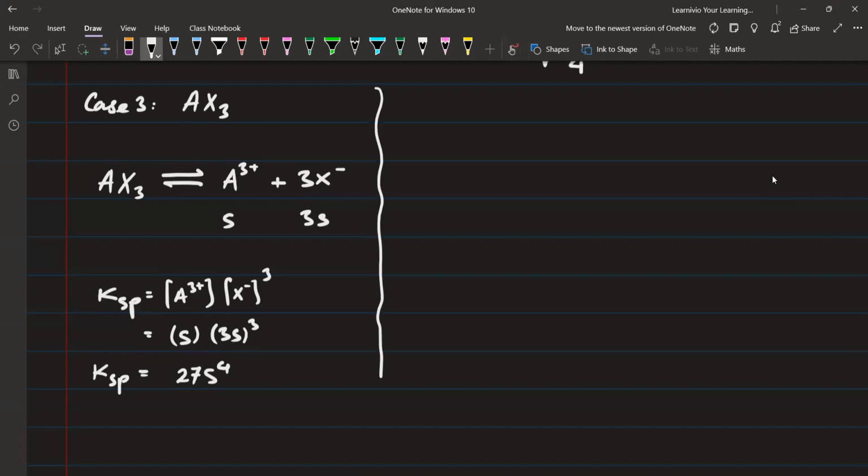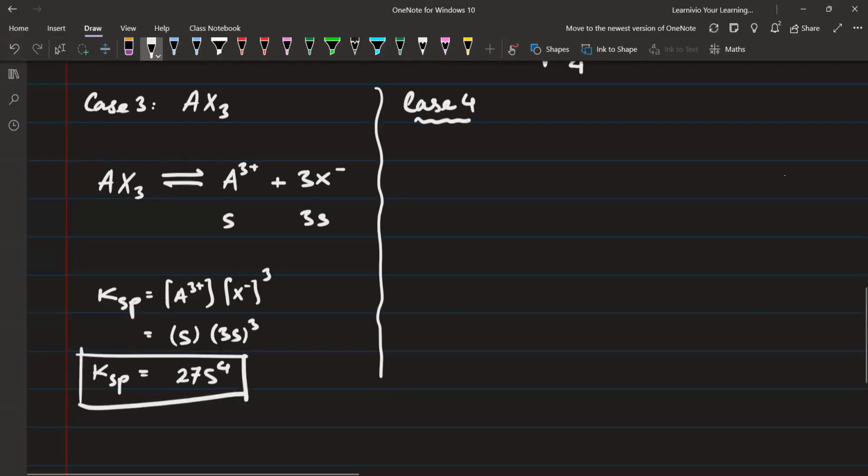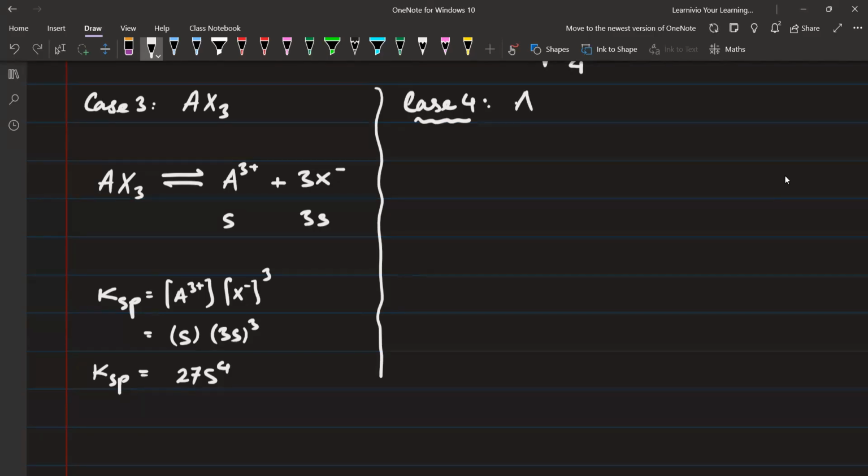Case number 4. कितना नहीं आएगा वैसे आप लोग को, है ना? फिर भी they can ask you this type of question, इसके ऊपर न्यूमेरिकल नहीं पूछेंगे होपफुली, because root आपको करना नहीं आएगा अभी without calculator. If you have A2X3 type, अच्छा AX3 का example, CrOH whole 5 है, what else we have, FeOH whole 5 है।